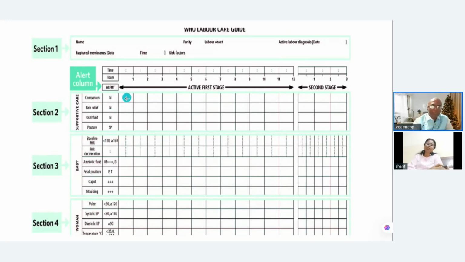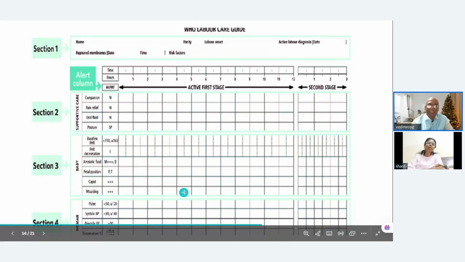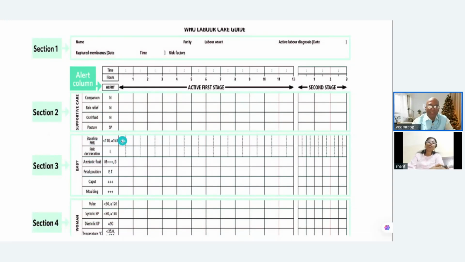So always say, okay, when will you encircle? If there is no companion, then the role player will say yes. So ask a simple thing here. In each, you can ask at least out of 2 sections, one question. So for 7, at least 3 to 4 questions will be there. The question will be, where will you encircle? Here, where will you encircle? Caput 3 plus,